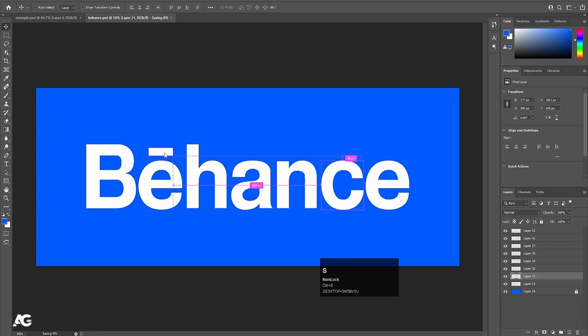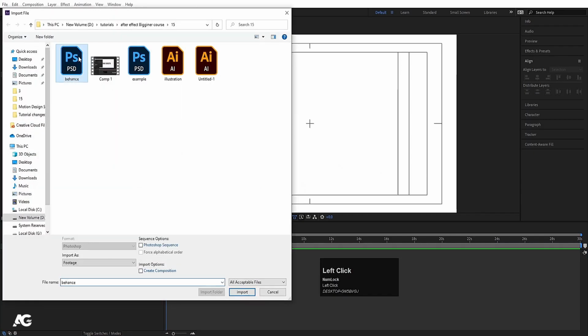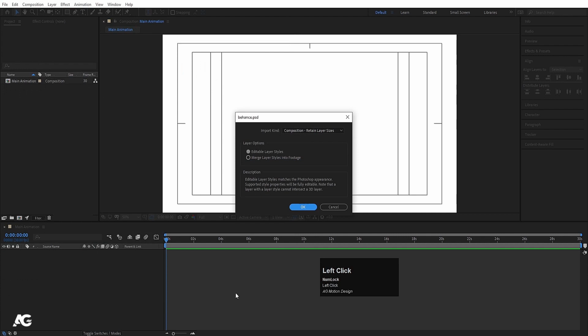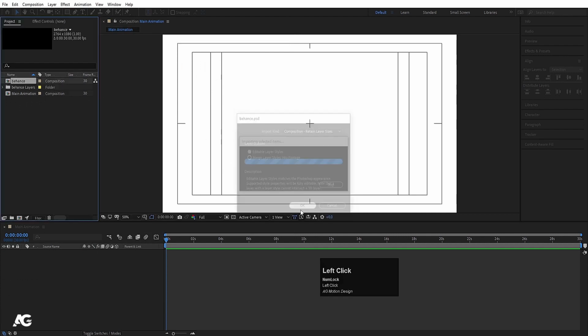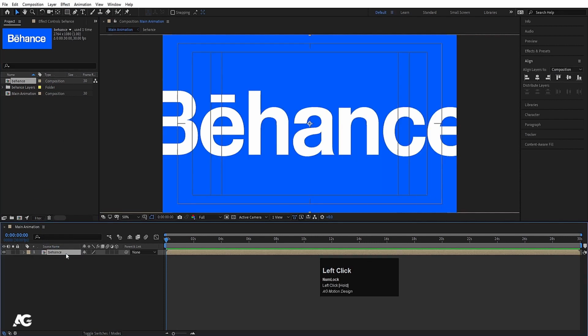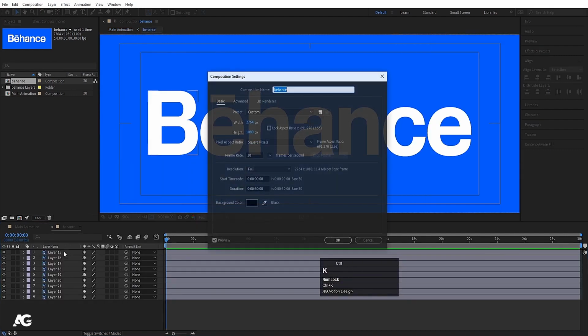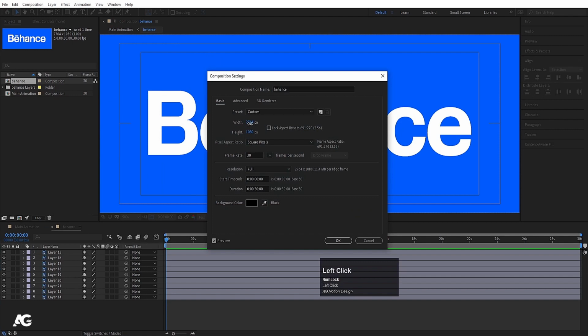I'll hit Ctrl S to save this Photoshop file. If I go to After Effects, I'll double click over here. Over here I have this Behance PSD. Same procedure I will follow: composition, retain layers and sizes, and simply hit import. I'm not going to change anything over here, and I'll simply hit OK, and I'll drag and drop it over here. I'll double click inside it, and if I hit Ctrl K, as you can see, the width and